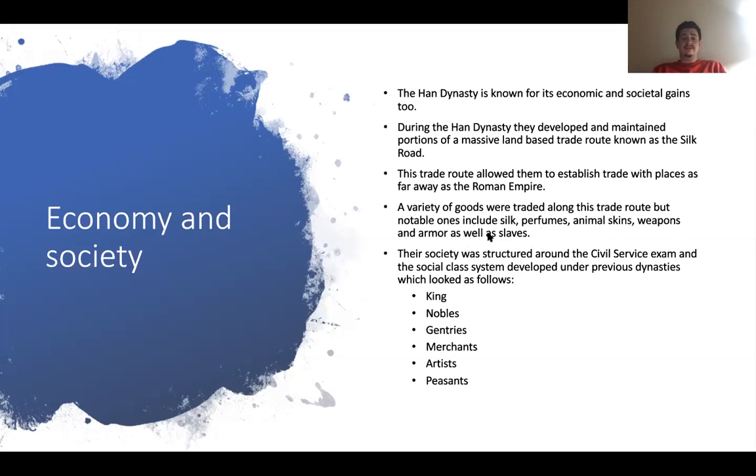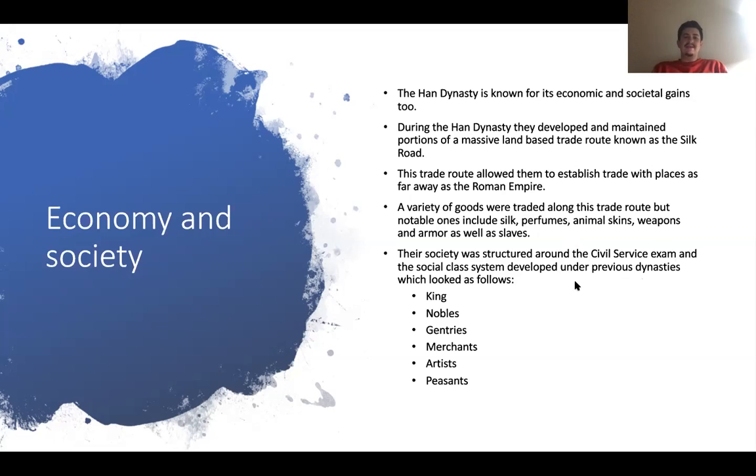Keep in mind that slavery to people in this time period wasn't anything unusual, wasn't frowned upon by society at large. Slavery was just a typical part of life, and the Silk Road was a huge avenue for the slave trade. And as far as their society goes, we already talked about the civil service exam and all that stuff,